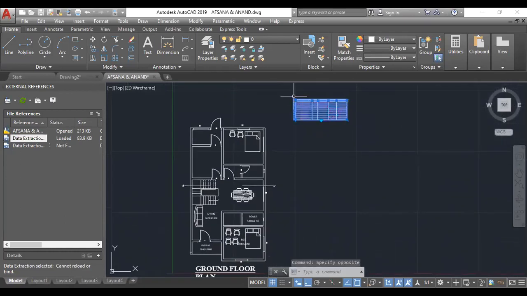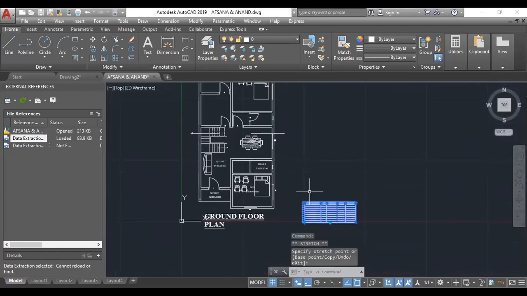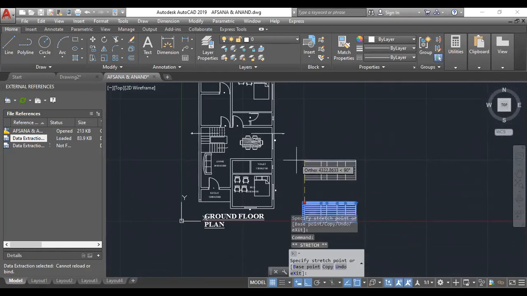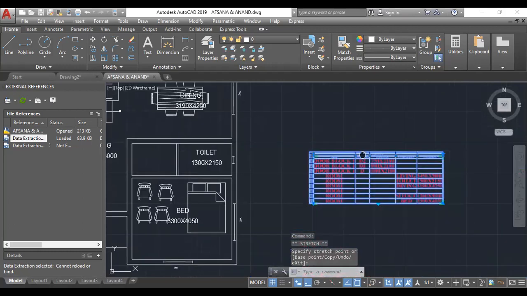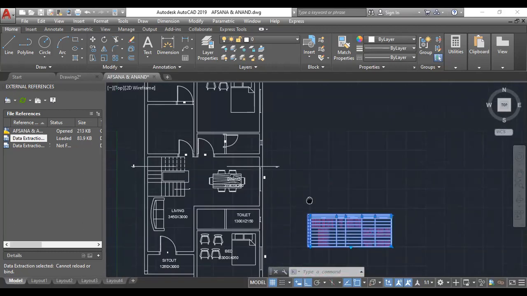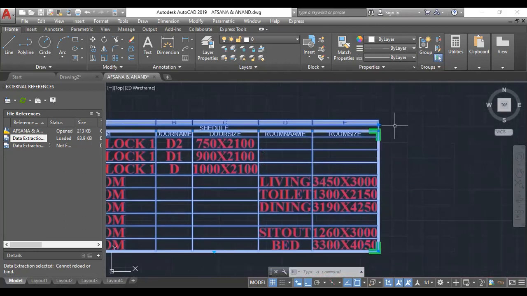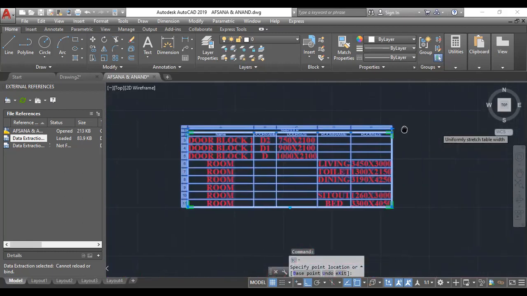So also I can change the position of this table. I need to move that table to here. I can move like this using the drag box. Using the drag point I can move the table to anywhere I need to place. And also there are some drag points in the table for increasing the column spacing of the table.